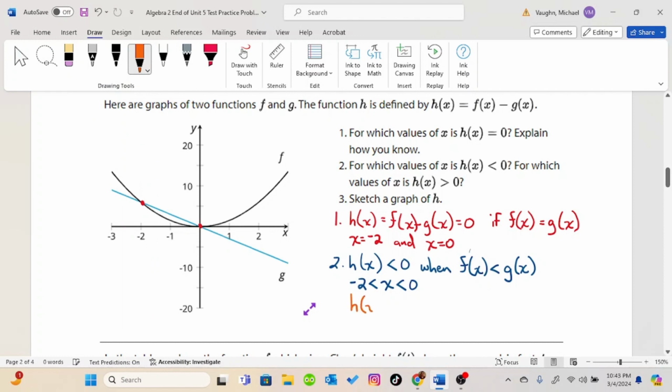And h of x is greater than 0 when f of x is greater than g of x. Because if I have a larger number minus a smaller number, my answer would be positive. And that is everywhere that the black parabola is above the blue line. So we would say negative infinity to -2